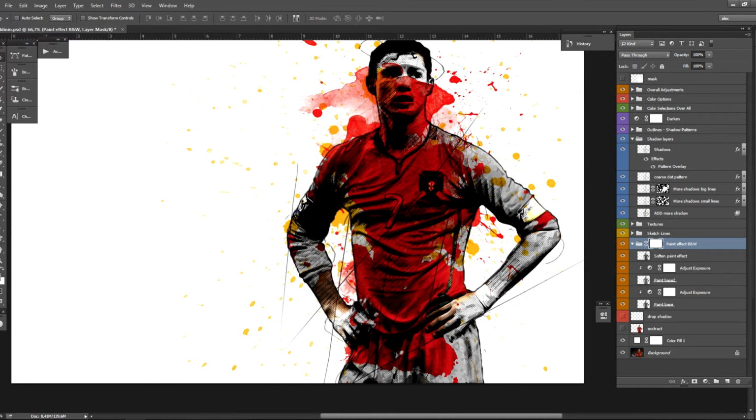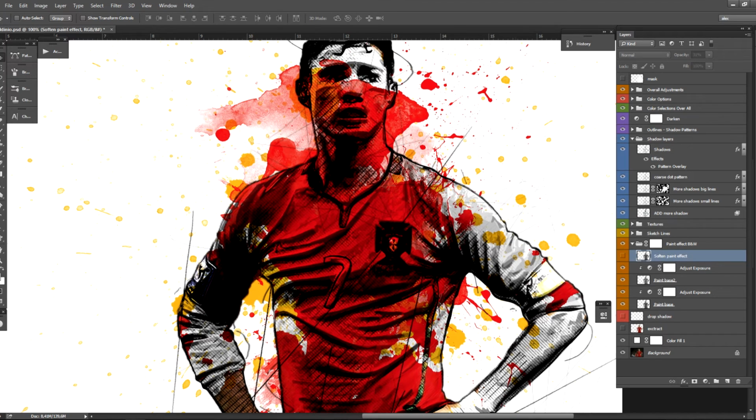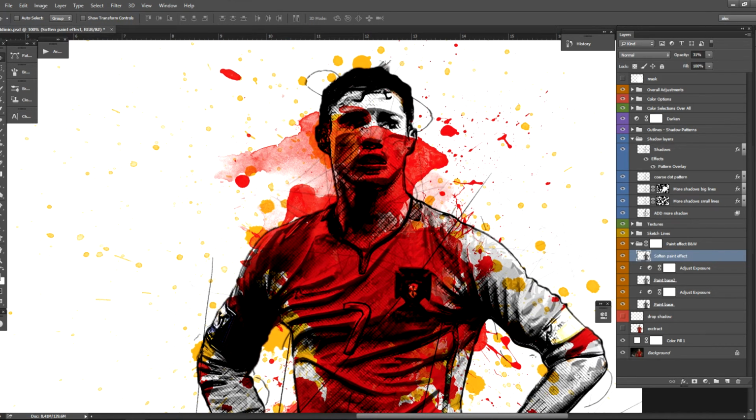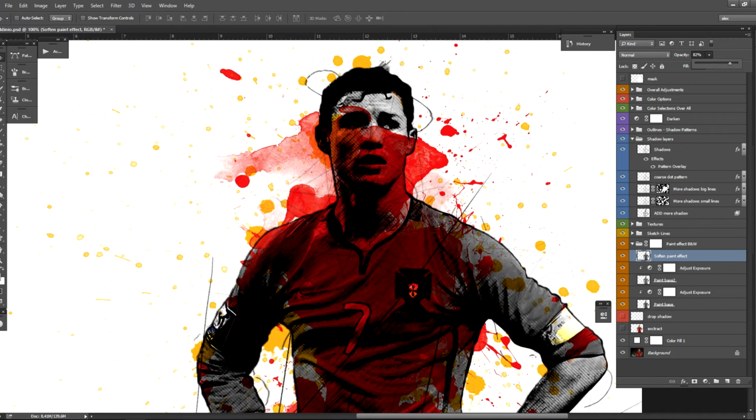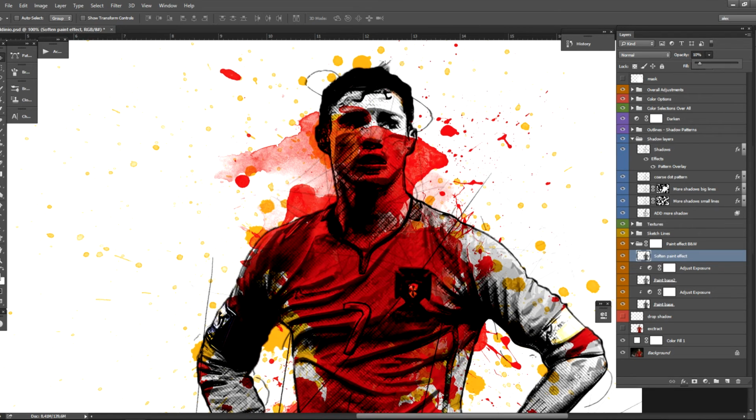So I will open this group and you will see this layer. You have this soften paint effect. So this creates softer areas on your design. Again, you can increase or decrease the opacity of this layer.